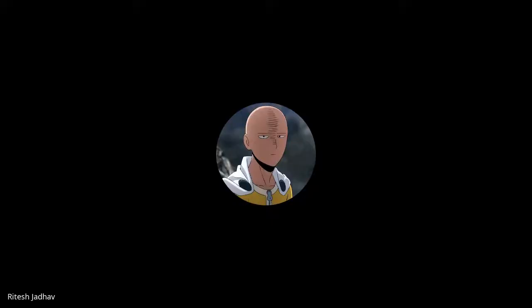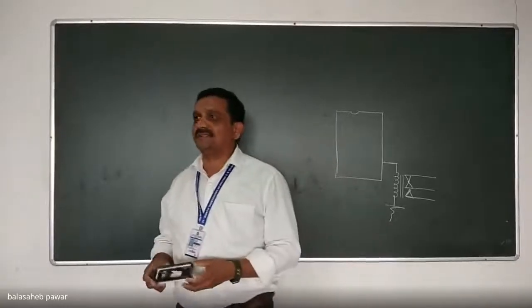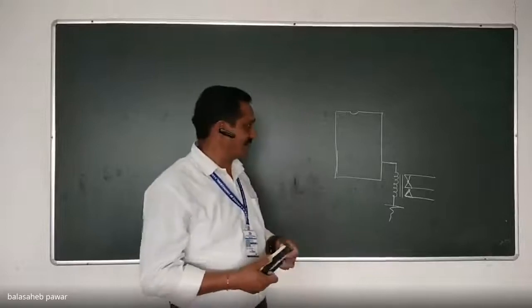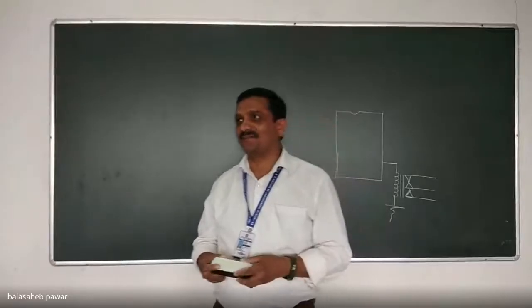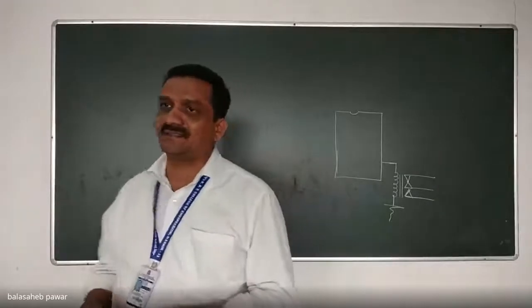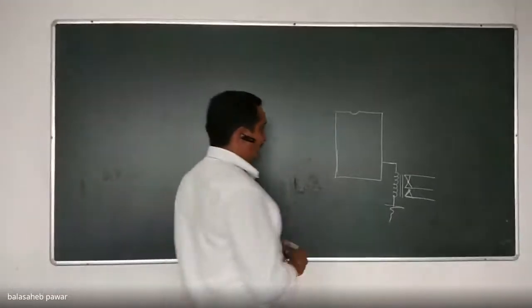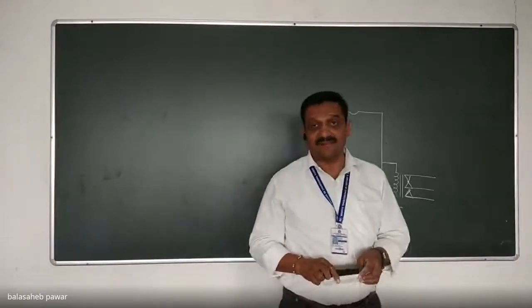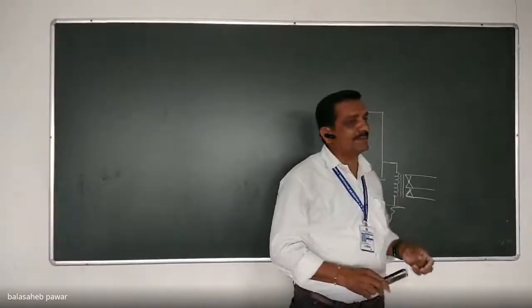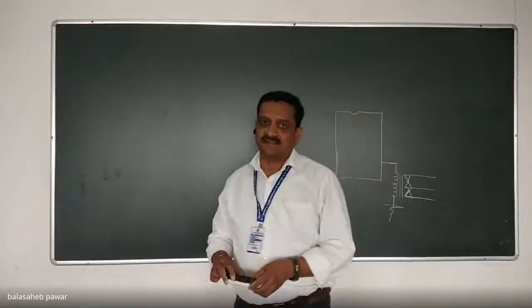Sir, the microcontroller will not be able to provide the maximum current to it. Okay. How much is the maximum current sourcing capacity of the microcontroller? About 5 milliamperes. No, it is not only 5 milliamperes. The current sourcing capacity of that microcontroller is almost 25 milliamperes. But still, it is very less as compared to the current requirement of that relay.